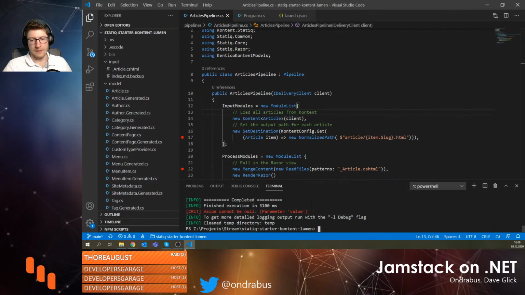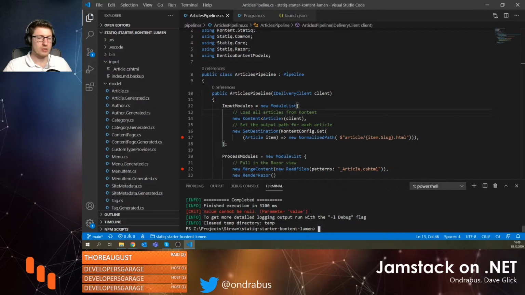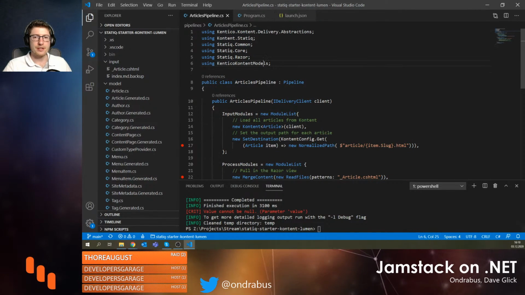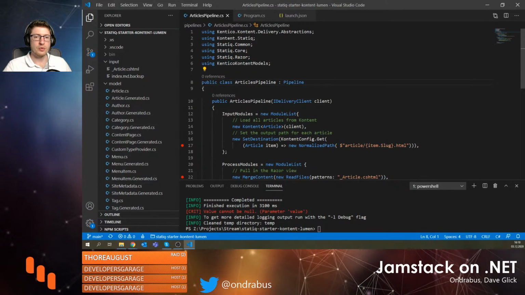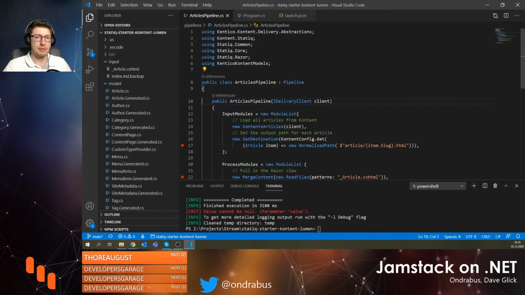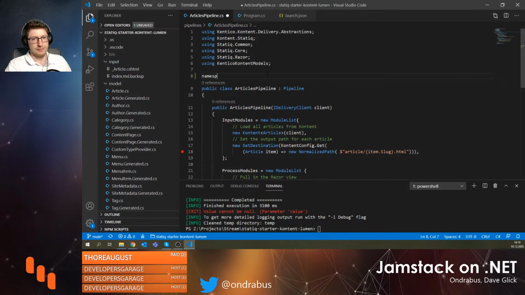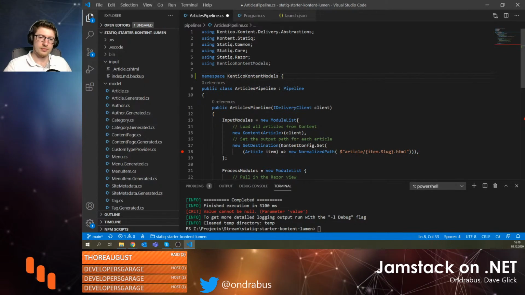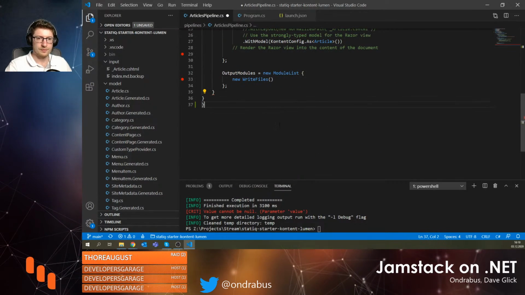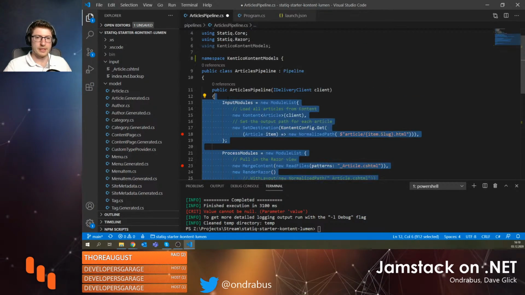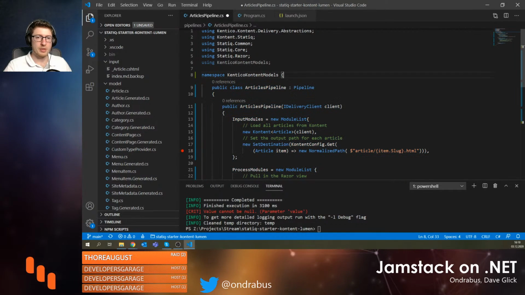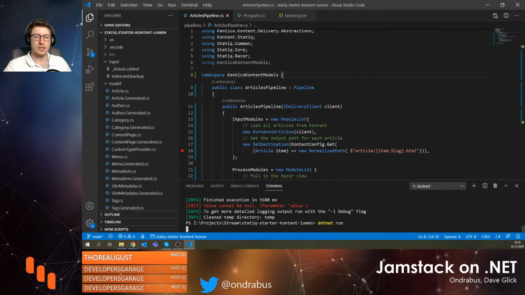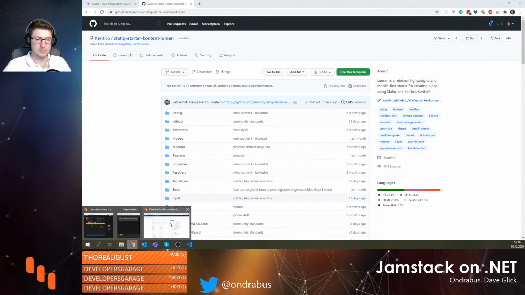Now, a colleague of mine was looking at this, and he found out that in order to have this working, what you need is the namespace that you're using here. You need to put the articles pipeline into that namespace. So let's try to do that. Content models. And let's indent this a bit. Okay, so let's see. If I do .NET run, now I don't remember